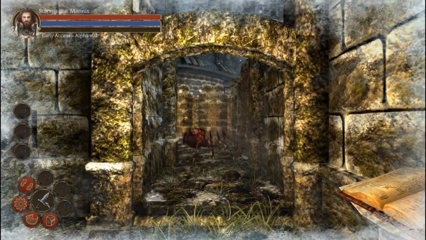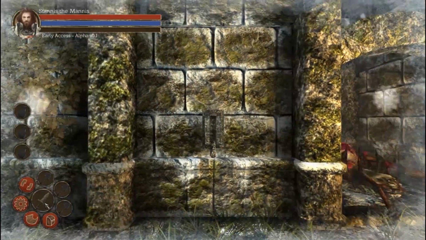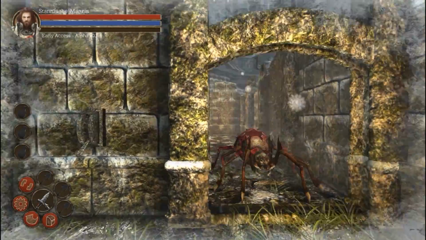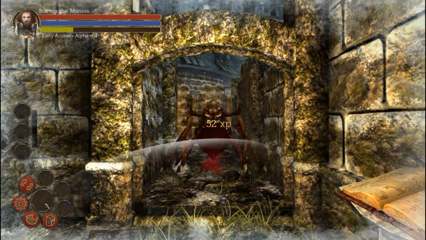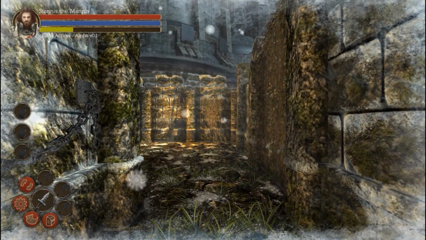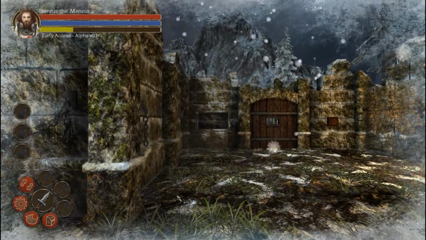Now we should be having a spidery git here, who will of course not be too happy that we are here. And the combat should look fairly familiar to anyone who has ever played a Grimrock game. I actually haven't played them that much, but I know enough to recognize what I'm seeing here. The spider somewhat inexplicably drops a key. Yeah, this will not be your